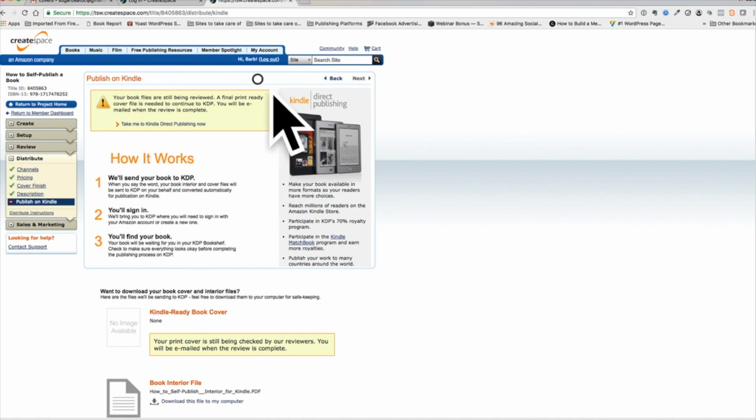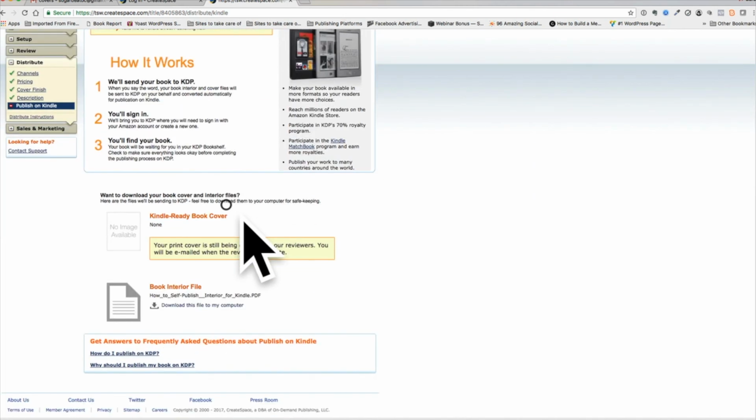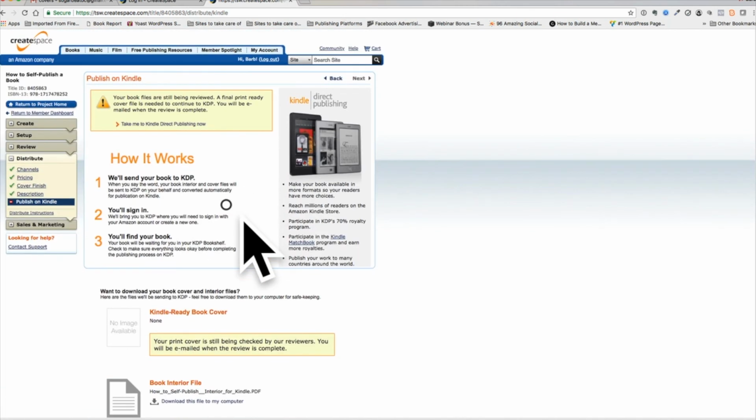Okay, so you'll notice here it gives you this warning: your files are still being reviewed. A final print-ready cover file is needed to continue to KDP, etc. So everything is done for now, and I sit and wait for the email from CreateSpace to tell me if everything is fine. And as you can see, this took maybe about 15 minutes of time. It's not particularly difficult in any way, and as far as I'm concerned, doable by any skill